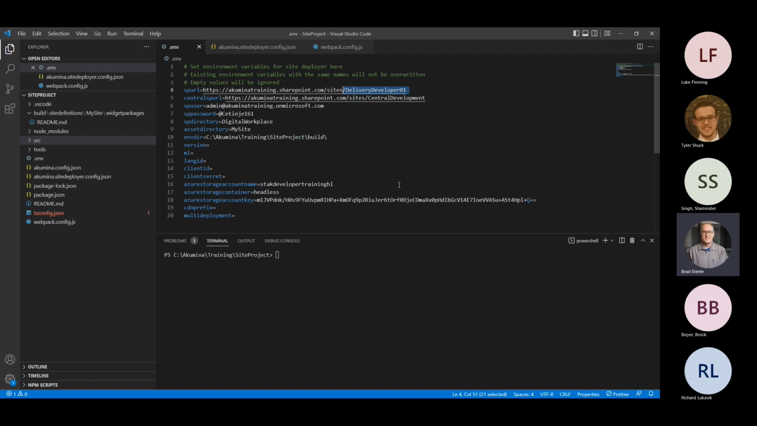If instead you want to deploy to your central site, you can actually move the URL for your central site into this SPURL value and then have nothing in central. So for standard deployment to a delivery site, you'll have the configuration like this. But if you want to deploy to a central site instead,